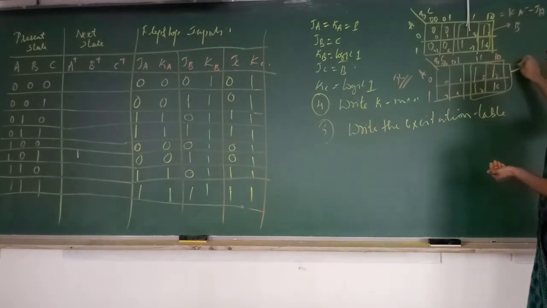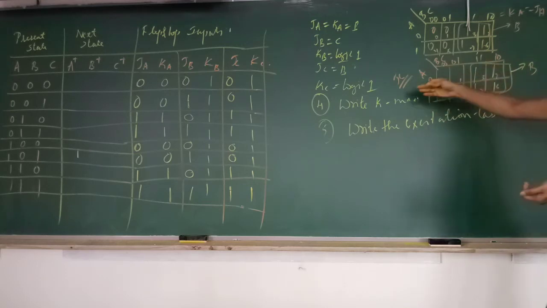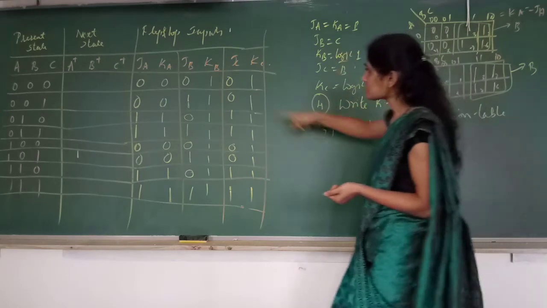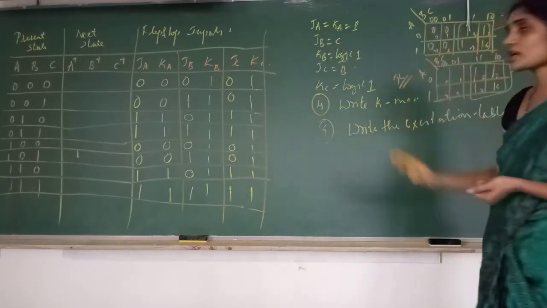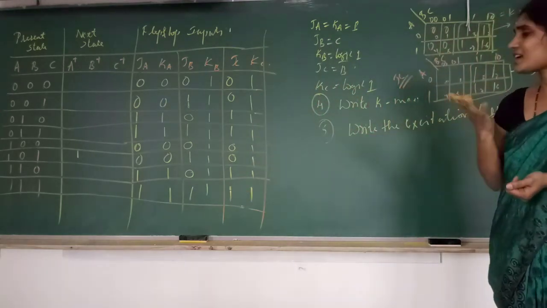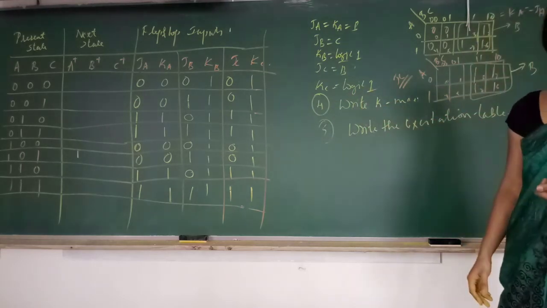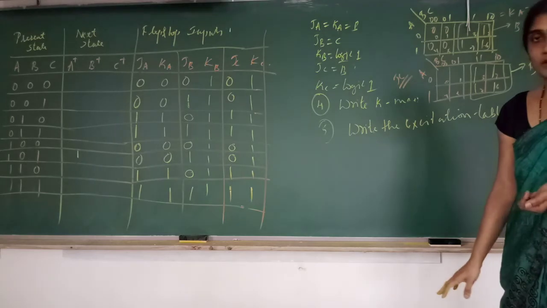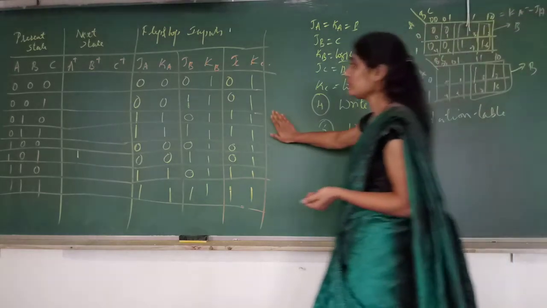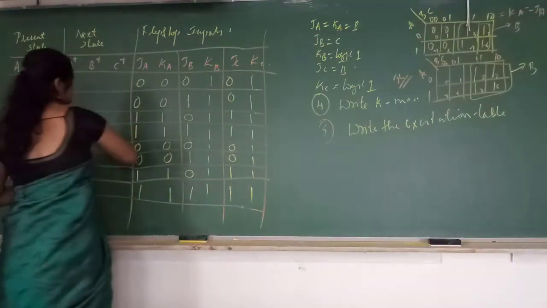Just check whether you are going to get B or not. Yes, when you group it, you get B. Same equation I have here also. So first, by looking at this, you write this. From this, it is very easy to write the K map. You need not analyze or think. Whatever the min terms you have, for that you can write the K map. Now complete writing the K map. Okay, we have written this. Let us now write the next state.